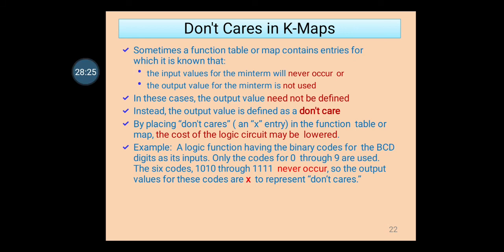These don't care conditions are very important, because if they are given in the equation, and an SOP equation is there, then you are going to substitute it as 1. Don't care conditions will be given in the D format, D, and in the brackets the cell numbers will be given. At that time you have to put a cross there, and while grouping you can use this cross, because this cross is valid. If you are grouping for 0, you can use this cross as 0, and if you are grouping for ones, you can use this cross as 1. So this is all about don't care conditions.